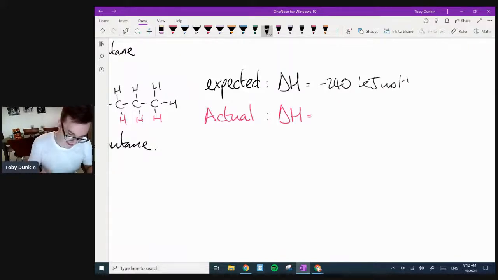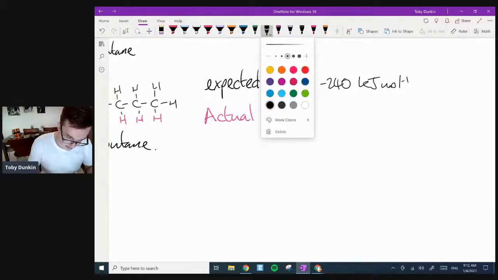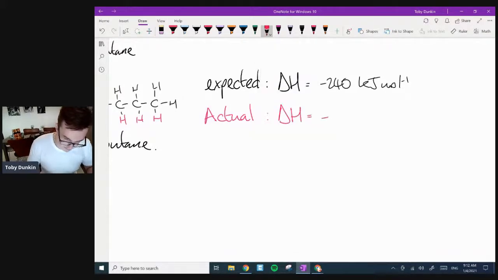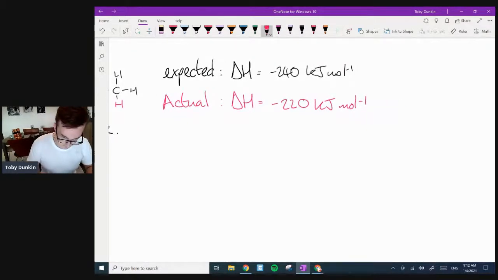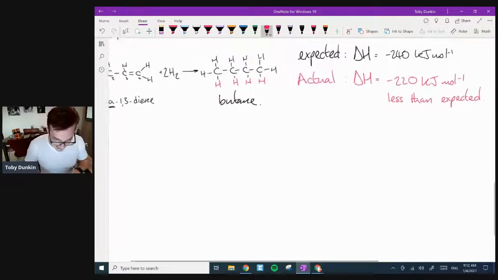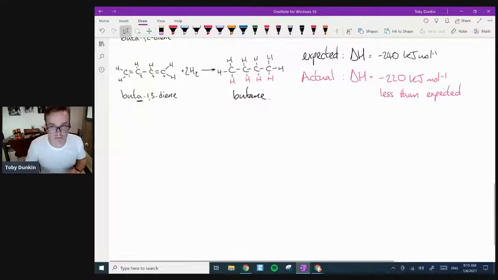There we go. And the actual, can I just point out, by the way, I'm sorry if this isn't actually correct, but it's give or take about right. It's about minus 220. And at that point, they were like, it's lower than expected. Less than expected. Now, what does that tell us? What that tells us is that the energy gap is smaller. Thanks, Julian, for contributing. I appreciate that.